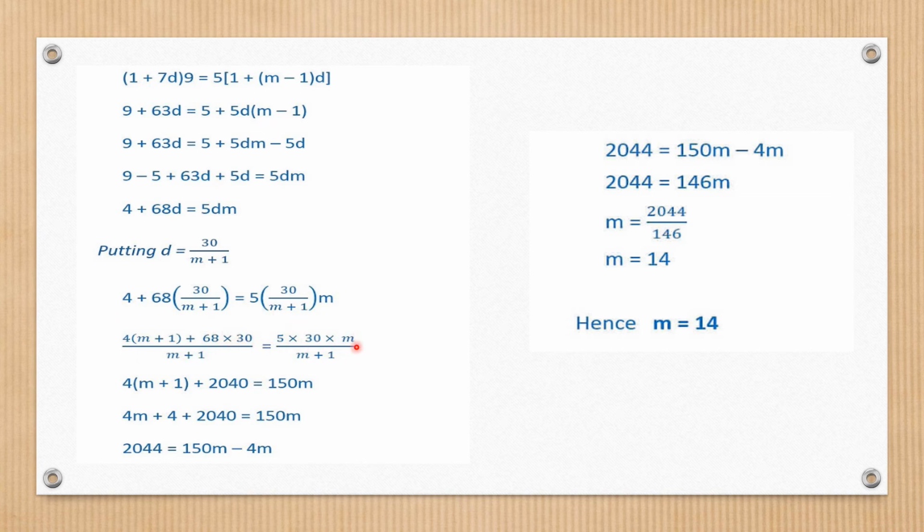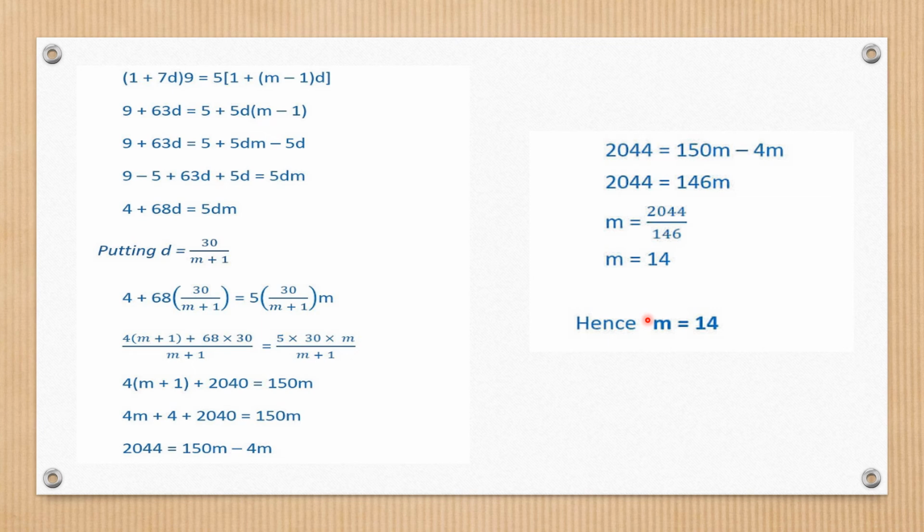Here also this m plus 1 gets cancelled with this, and then by opening and reducing it, you will get the value of m as 14. Okay, the value of m will be 14. So 14 numbers. Now, there were m numbers inserted, and a was taken as 1. So that means the first number is your second term, which is taken as in the table.